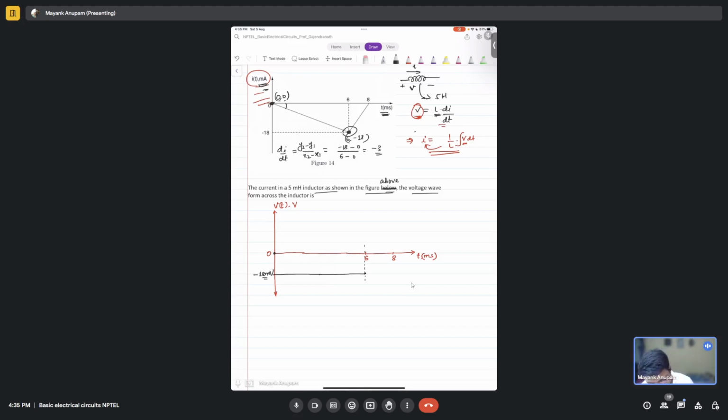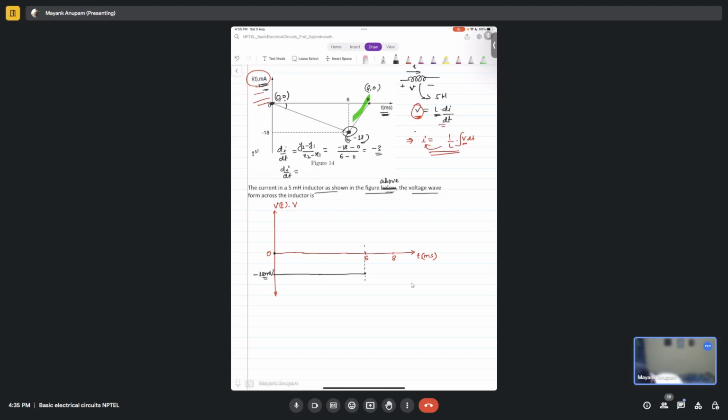And what will happen after that? What is the slope of this line here? Again the same thing, right? What is the coordinate of this? 8 comma 0, and what is the coordinate of this? 6 comma minus 18. So slope of this line, di upon dt, is equal to